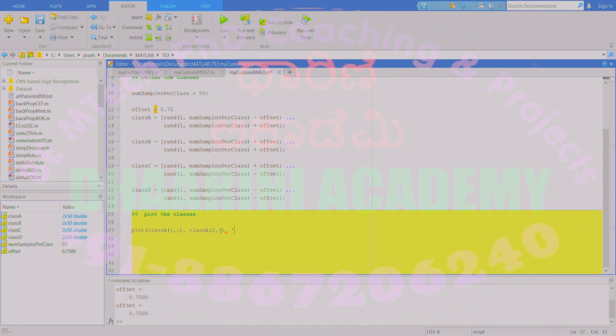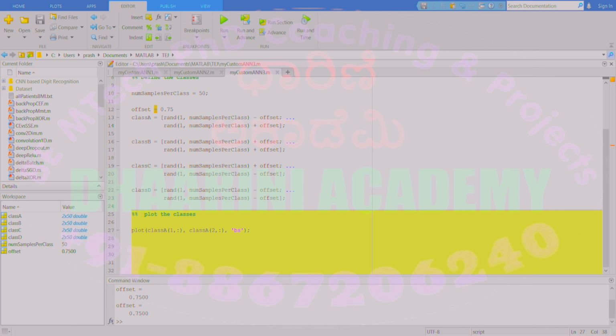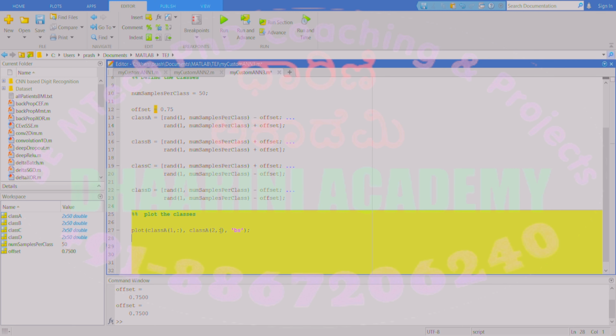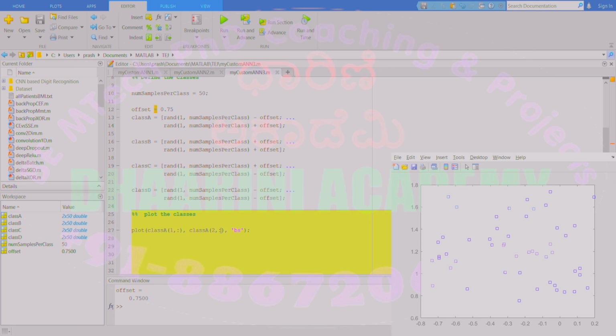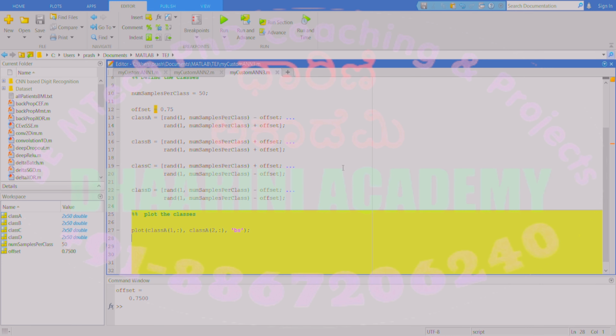Okay, so let me try to give a specification. This will plot the points from class A in blue color, S for square, so blue squares. Let me just verify whether this runs. You see the blue squares, right? These blue squares correspond to class A. All right, so let me go ahead and